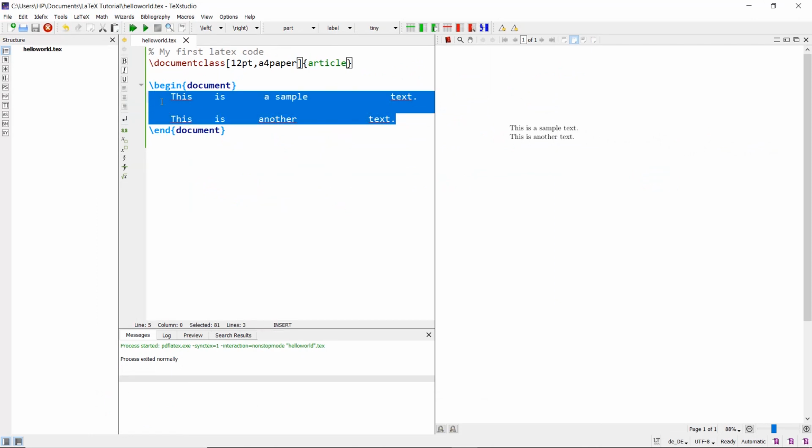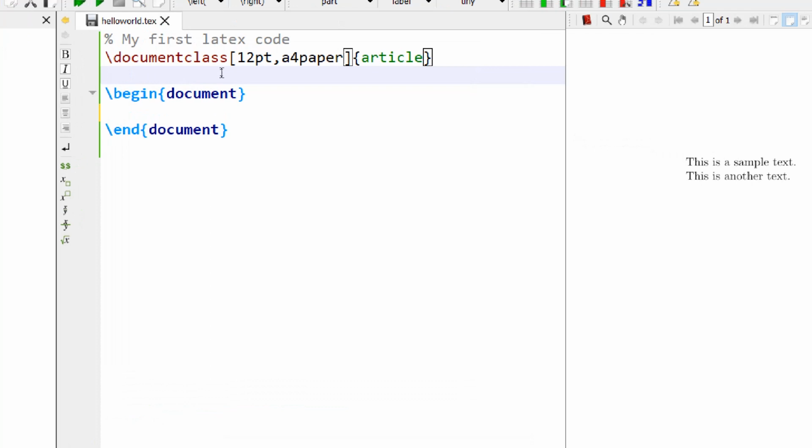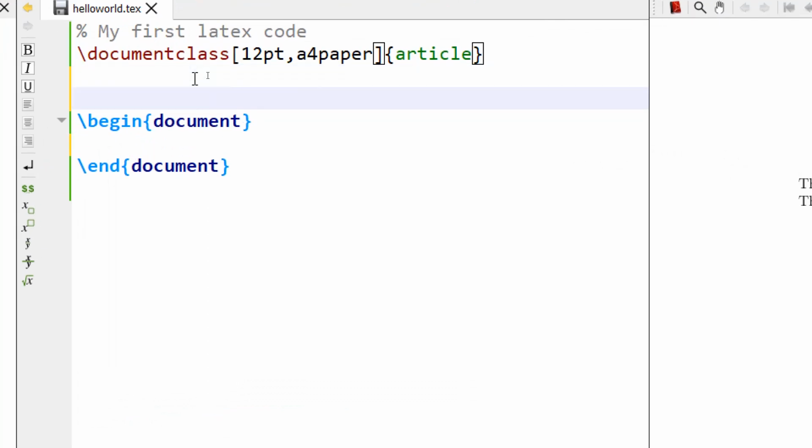Next, we'll try to understand what typesetting actually is in detail. We have only printed a few texts, so we are unable to understand how exactly LaTeX considers the typesetting. To understand it in more detail, we'll have to write a lot of text. Now there are various ways to do it. One is you can copy and paste a big text from the internet or from some source. Again, copying and pasting becomes very difficult.